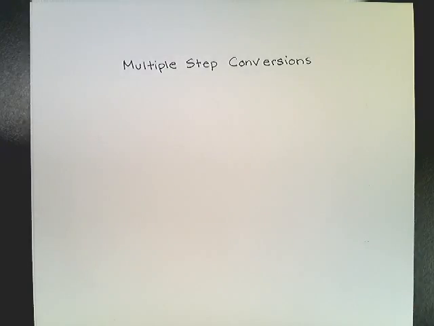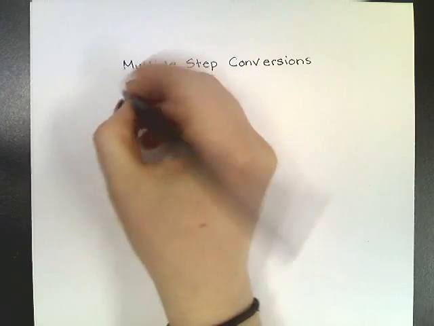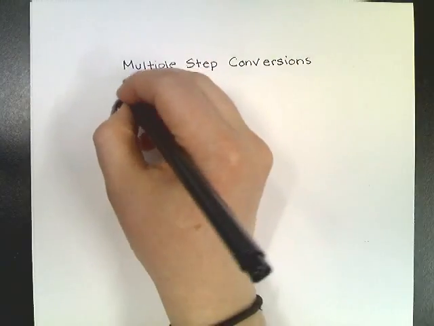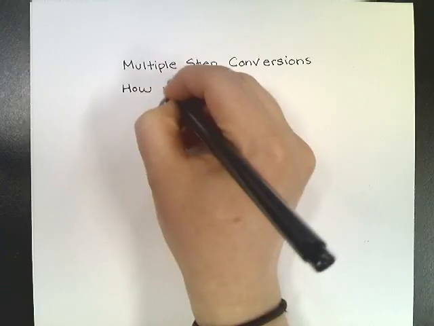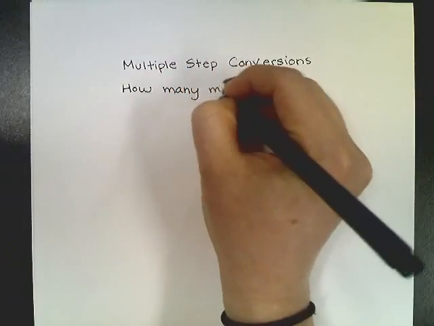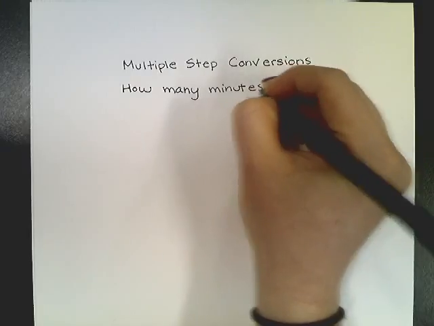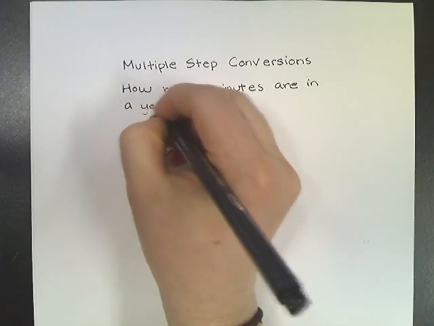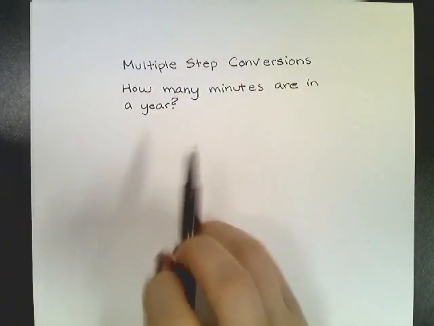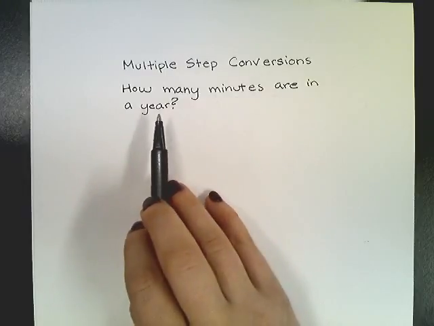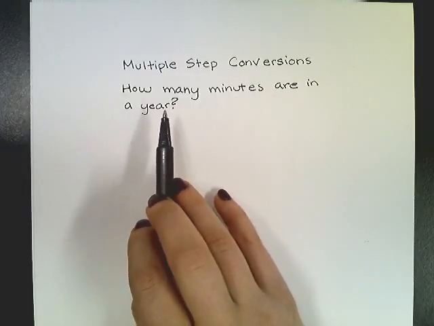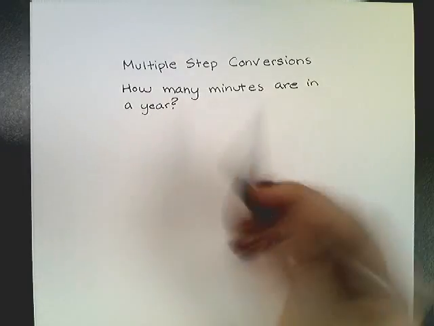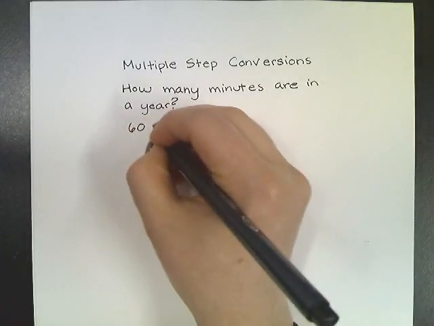We're going to look at an example problem. We're going to convert 1 year into minutes. So we will decide how many minutes are in a year. Right now, I don't know how many minutes are in a year. But I do know how many minutes are in an hour. So I'm going to write 60 minutes